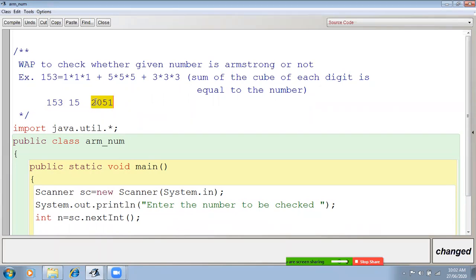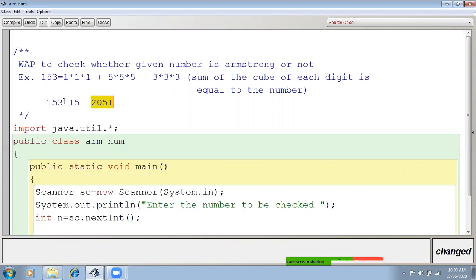Means the task of separating the digits will be performed again and again. This statement you are going to put into the body of the loop. Now, in the body of the loop, how will you know how many times to execute the loop?